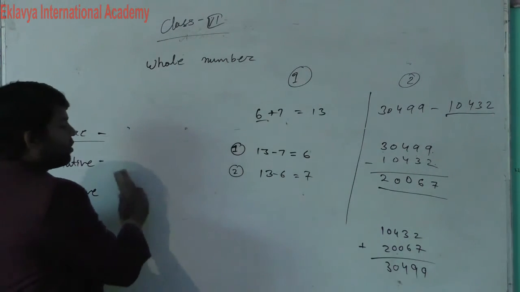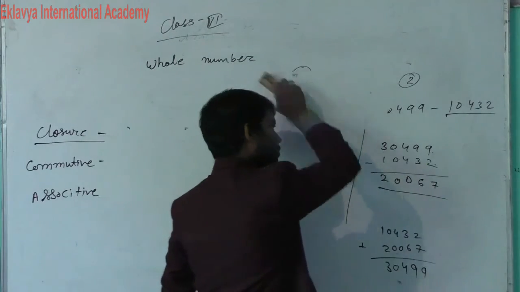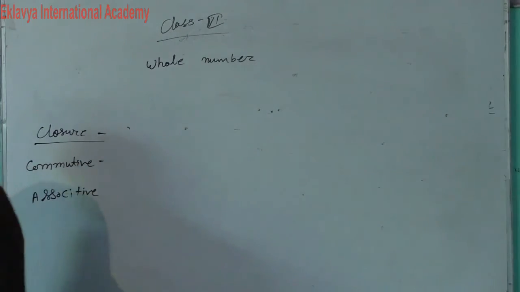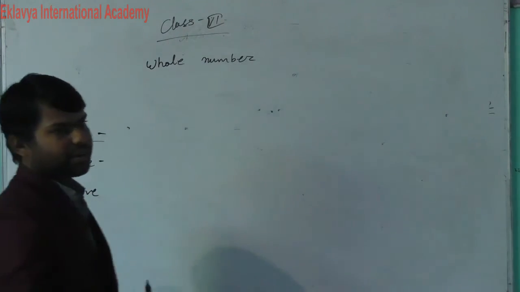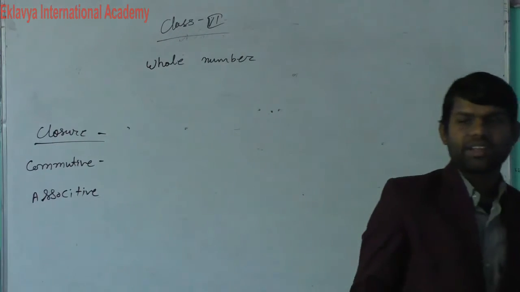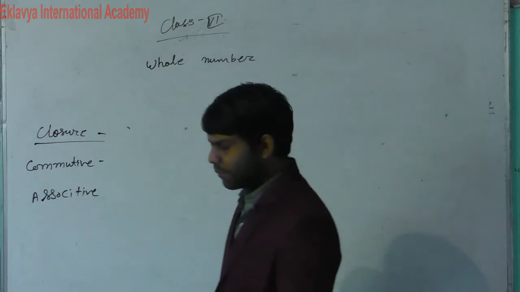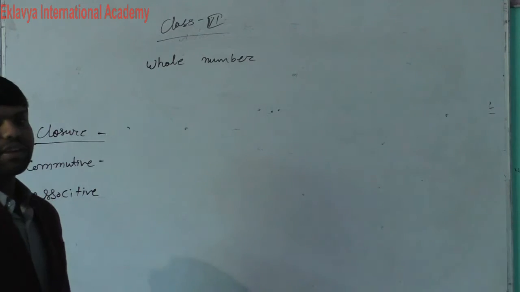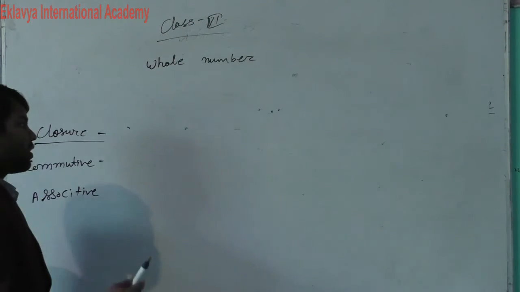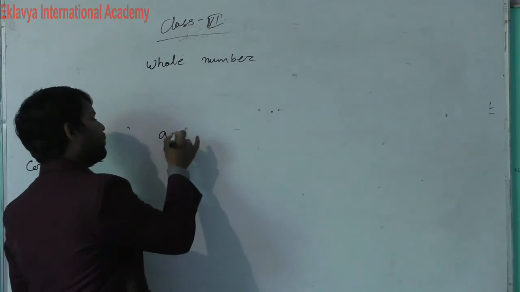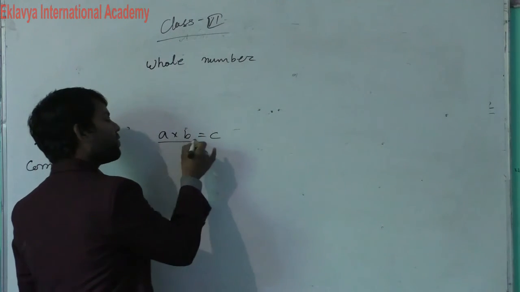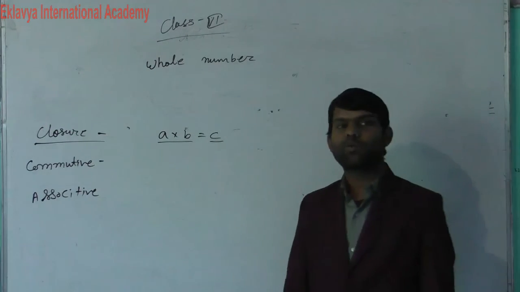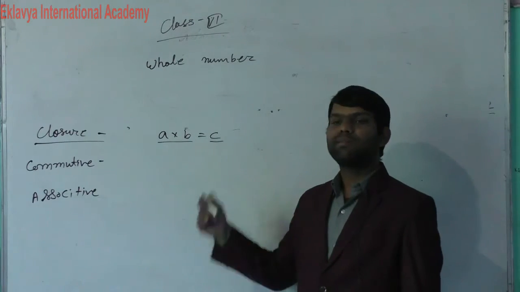First we understand all these three properties in multiplication also. The first property here is the closure property. Our closure property says that if we add, multiply or subtract two numbers, then again the result will also be a closure. Then we say here we can apply the closure property. So here we take an example: A multiplied by B, if we get C, then C is also a whole number. So we will say we can apply the closure property in multiplication.